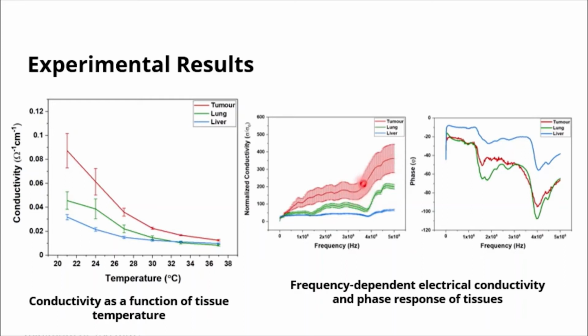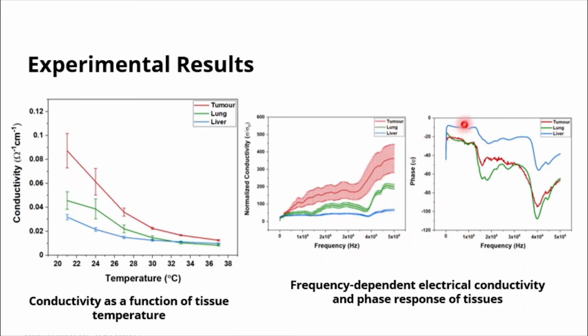Now, since tumors are known to be a site of intense proliferation of cells, intense vasculature, and matrix remodeling, they are known to be more disordered as compared to healthy, well-ordered, structured tissues. As a result, the tumor tissues are observed to have an early onset of this highly conducting regime as compared to the liver or the lung, as you can see from here. Tumor tissues have an earlier frequency at which their normalized conductivity suddenly increases as compared to the lung and